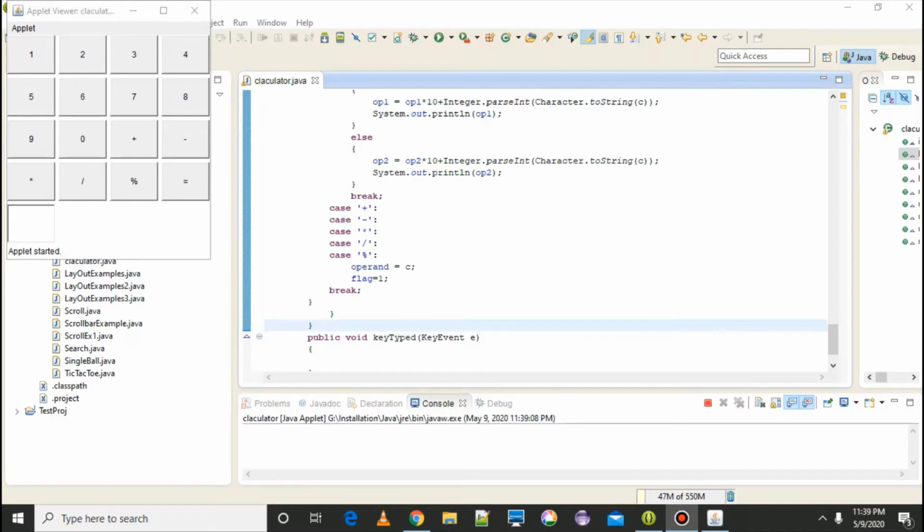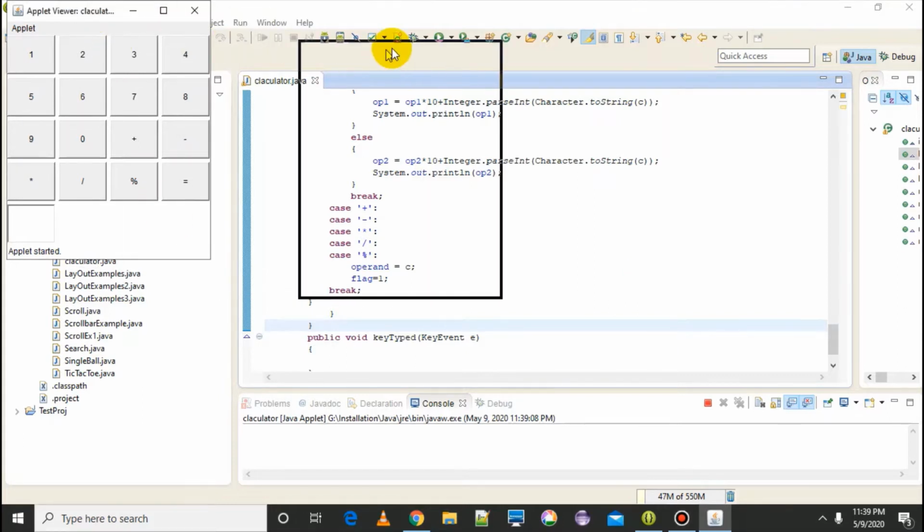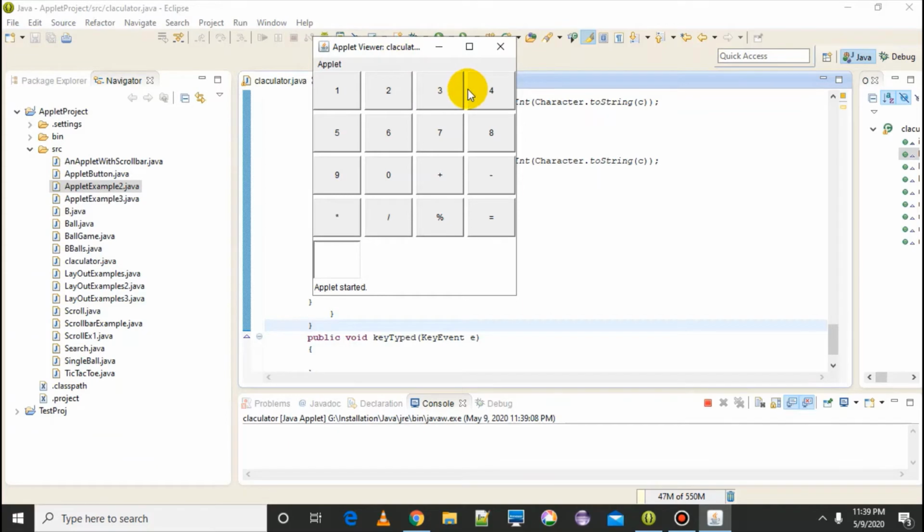The program that I'm going to discuss today is to build a calculator. Now, this is the layout of the calculator that I have made. I have used a grid layout with 5 rows and 4 columns. You can choose any layout that you want. We have already covered layout managers. So now you can choose your own layout and you can put panels and you can try out different orientation